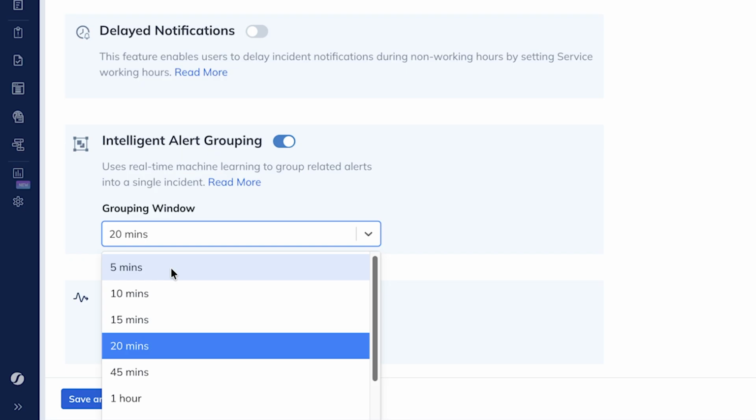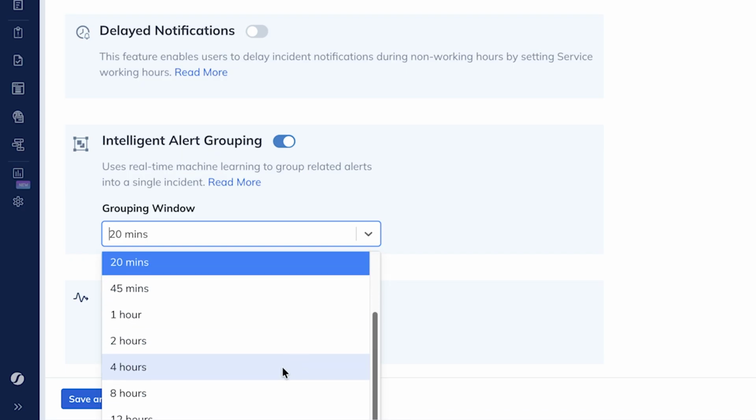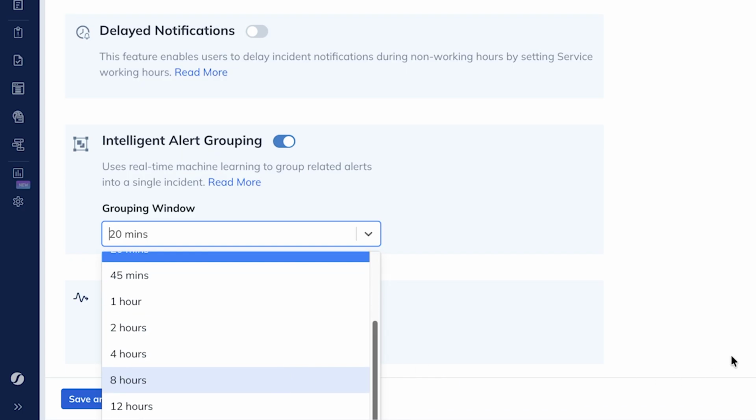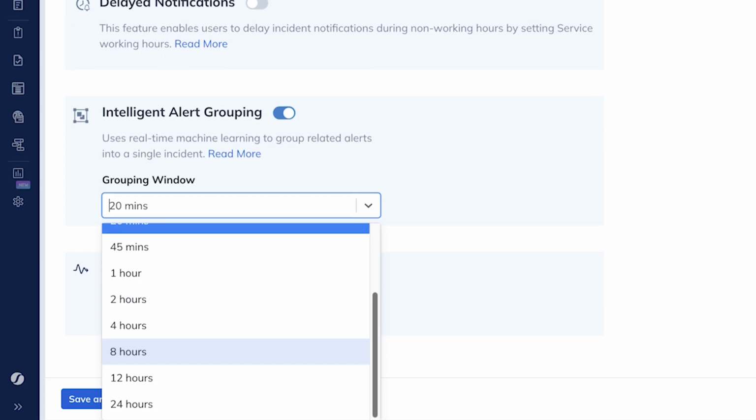Yeah, but if you scroll down, you'll see there are multiple options there. But we've seen the most common is between 15 minutes to an hour. Usually for cloud-based environments, that seems to be the common choice. Yeah, so the very long grouping windows might be for things like storage, that I could imagine are